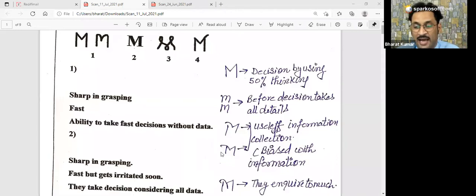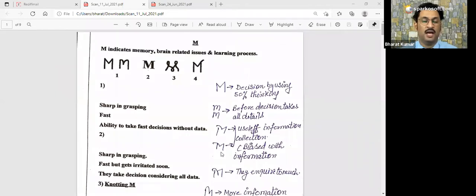So a disconnected M is always a negative point, and those people have a problem in learning vocabulary or in learning different languages. So if anyone is using this kind of M, work on that. Practice, make your client practice writing a connected M and remove this hook or curvature or loop on the upper side. Yes, you are right, Meena Sharma. Actually this kind of trait is found in criminal people. So remember this also.